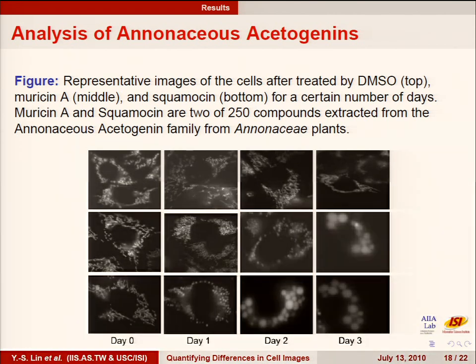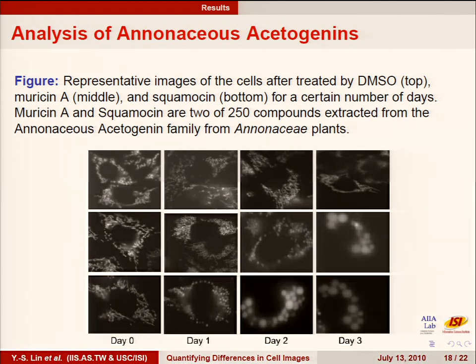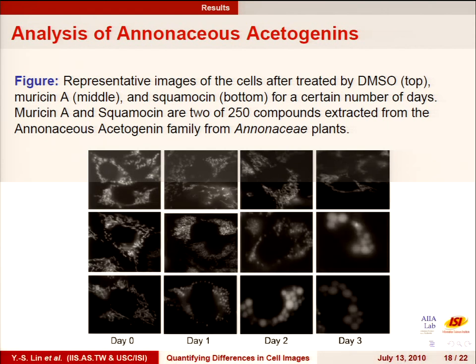We try to study how these compounds actually treat cell lines